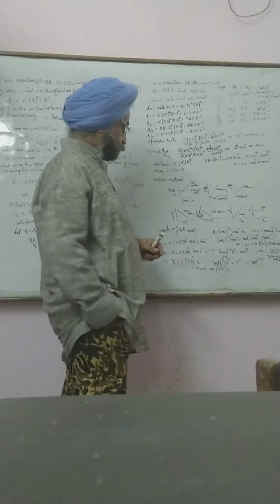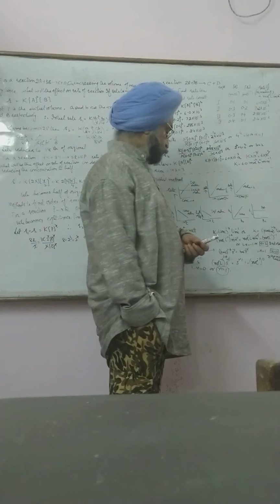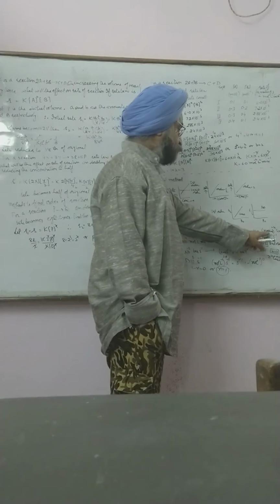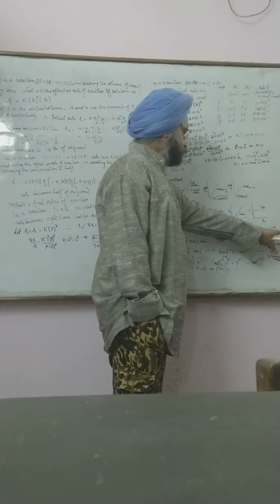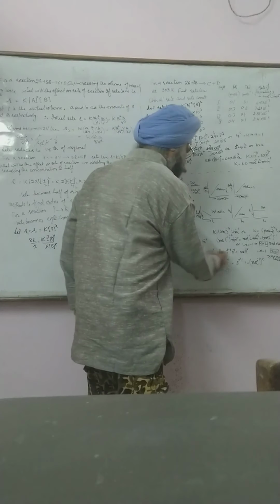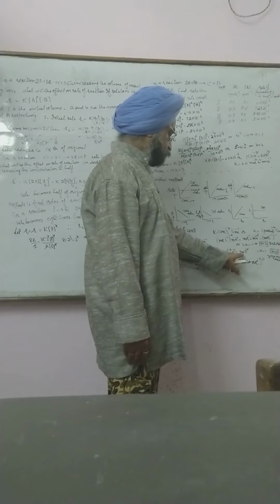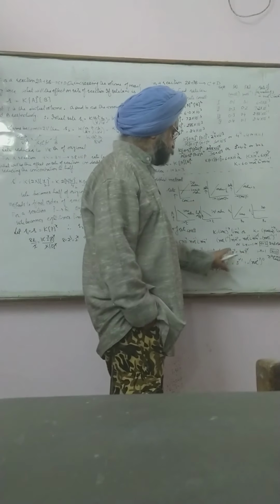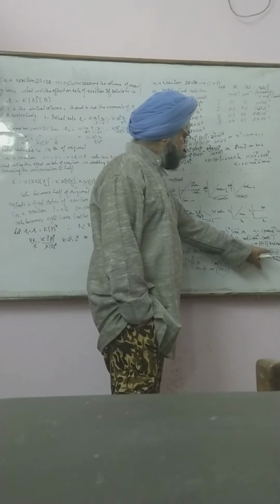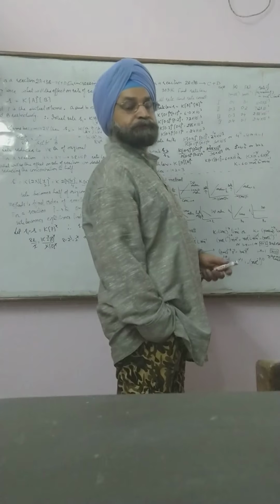In this case, the unit is bar per second. The observed property is pressure. For pressure, the unit is bar power 1 minus n per second. Here I mentioned bar power 1 minus n per second, and these are the units we mentioned. Only per second is considered. Bar is the base, so bar power 1 means 1 minus n is equal to 1, and n is equal to 0, meaning it is a zero order reaction.